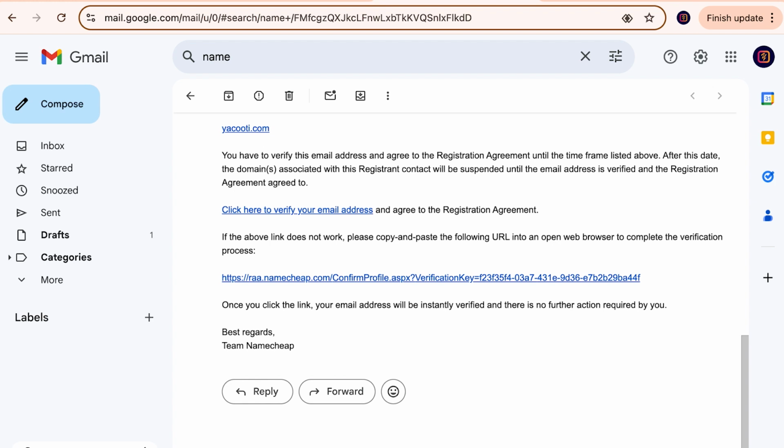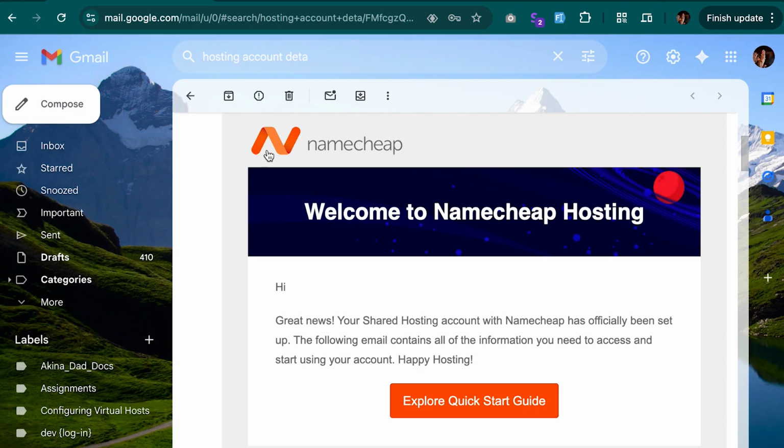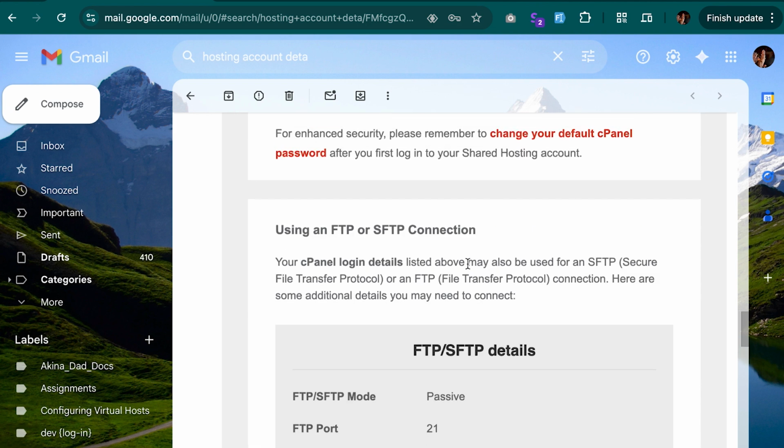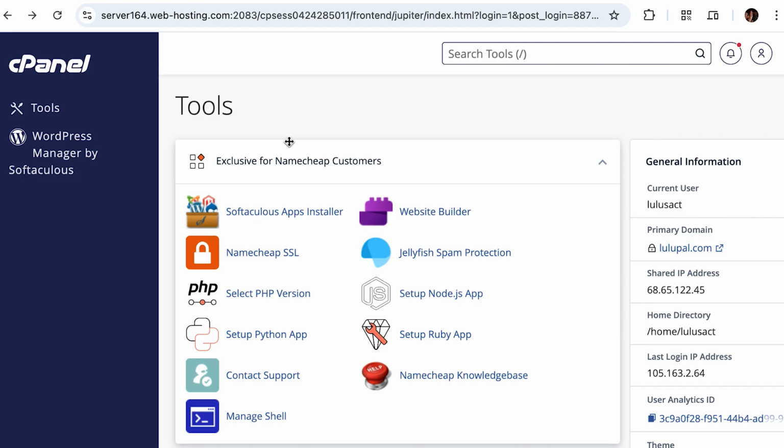Once you're done with that, there will also be another email that looks something like this. There will be a link and a password. Once you click on that, you'll be taken to the hosting account. All right, now once you log in using the details that you've received in your email address, you can now